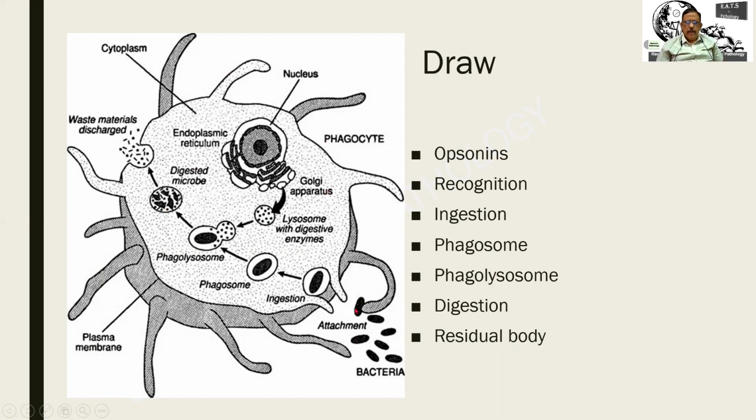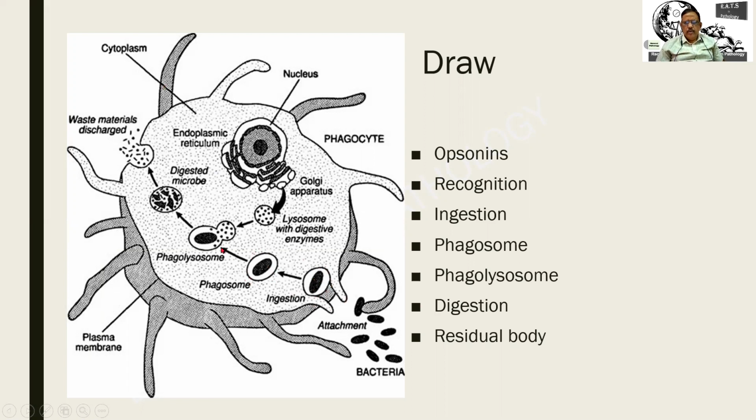See what is happening. When the bacterium gets attached to the receptors, there can be pseudopods, which are extensions of the cytoplasm, that are being formed, or there can be a dipping of the cytoplasmic membrane. So what happens is there is a dipping of this membrane. In either case, you find that the pseudopods can get fused, or the edges of the depression can also get fused, forming what is called as a phagosome. Now it is a vesicle in which the bacterium is caught.